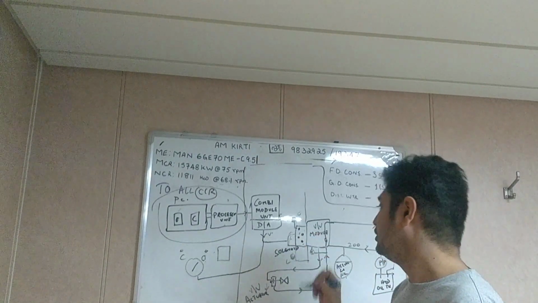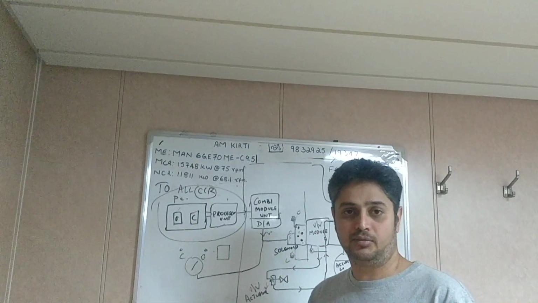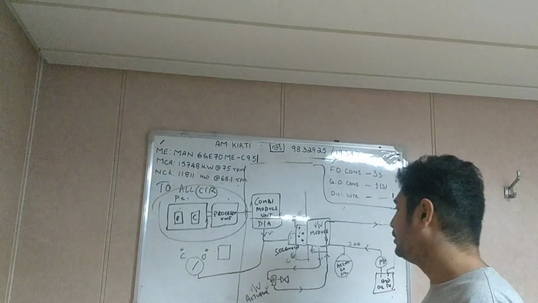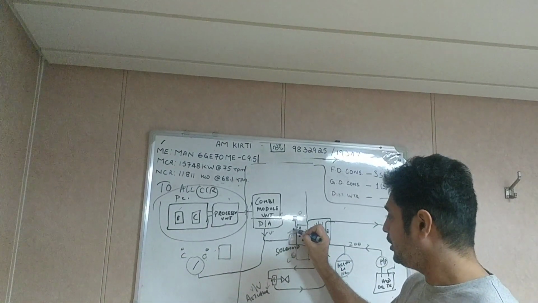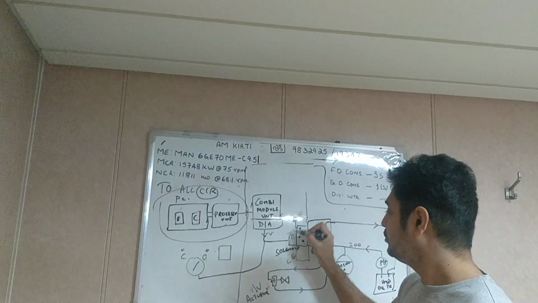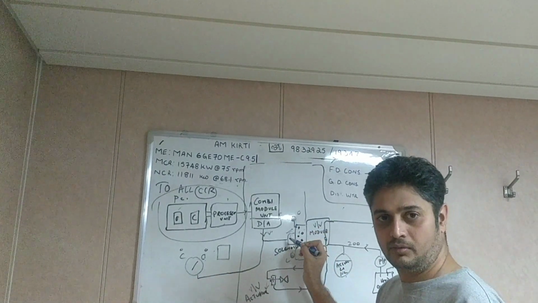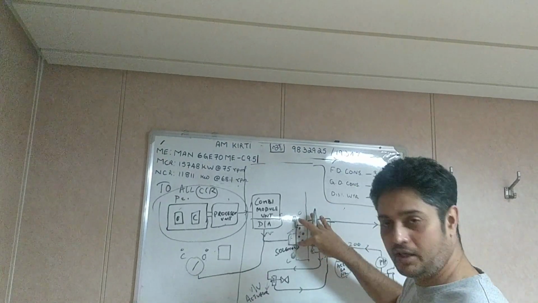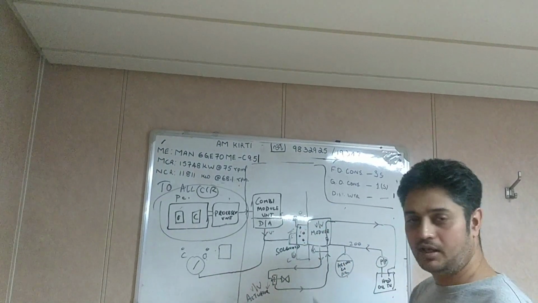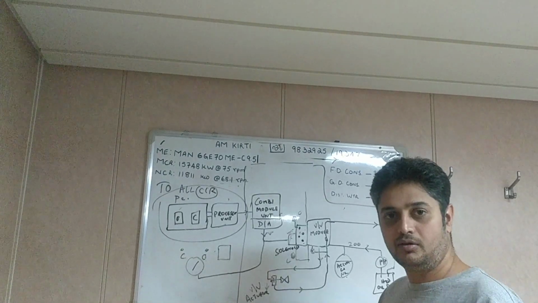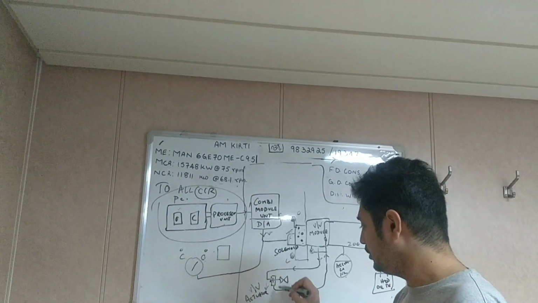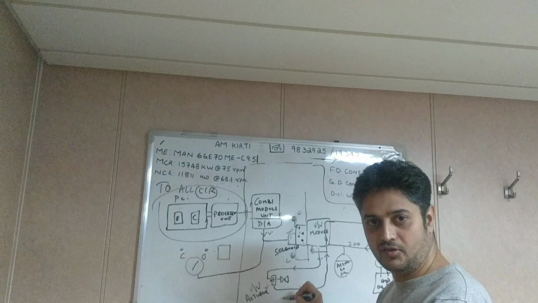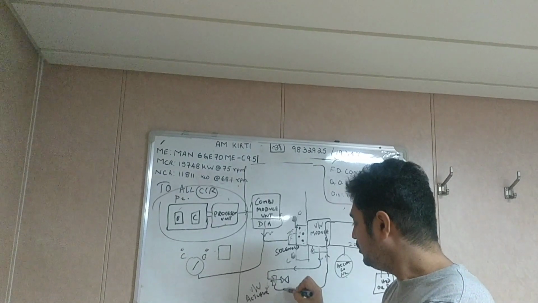Because if the solenoid malfunctions, it won't get energized. Suppose the signal is coming here, so these two troubleshooting steps you are aware of now. Now suppose you are operating the valve manually but still there is no movement, then what you do is, there will be one more emergency operating hydraulic pump. With that also